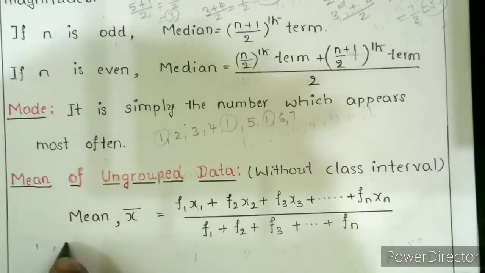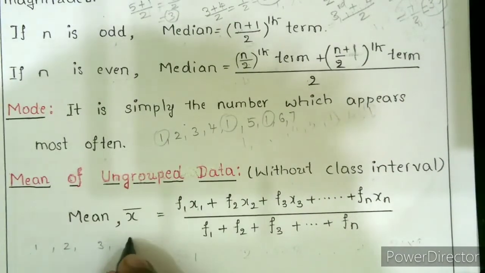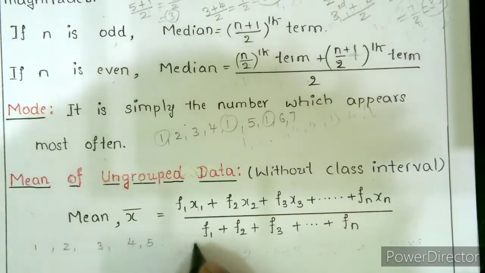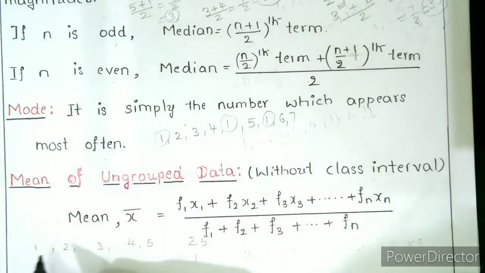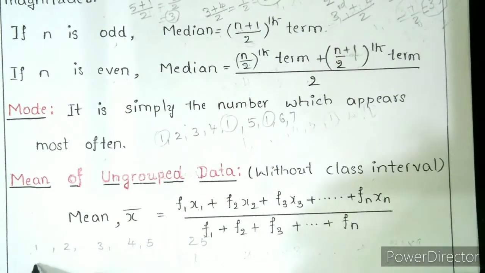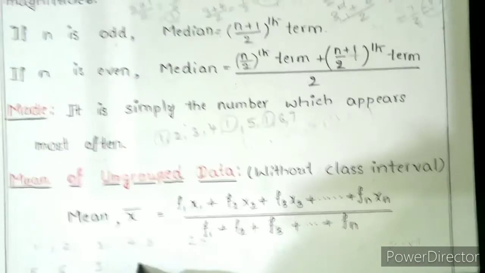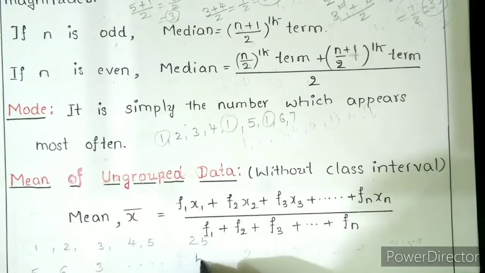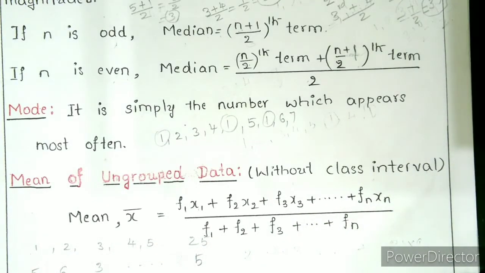1, 2, this is the marks, 3, 4, 5, so on up to 25. So 5 members got 1 mark. 6 of you got 2. 3 of you got 3. So on. 5 of you got 25.